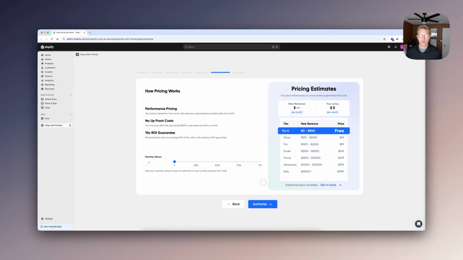And this is how pricing works. We're always going to be performance-based pricing. There's no upfront costs, and we always guarantee a 10x ROI based on whichever tier you fall into. And we give you this helpful calculator to give you an estimation of what you can expect once you install the tool. So, if you have 50,000 monthly visitors,